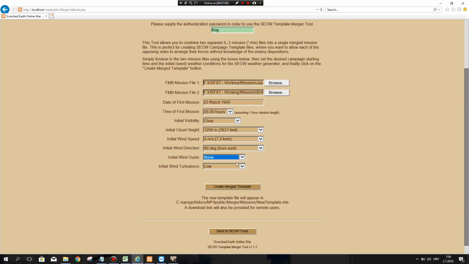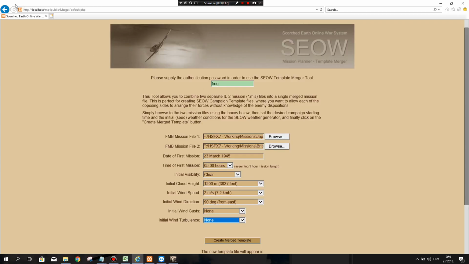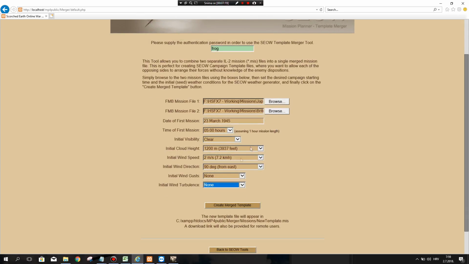We don't need gust and turbulence in carrier operations, so we will clean this. Now we came to the point where we just need to click merge template, but there's a problem here. In none of my mission planners has it ever worked. I didn't investigate why, because I didn't need this merger